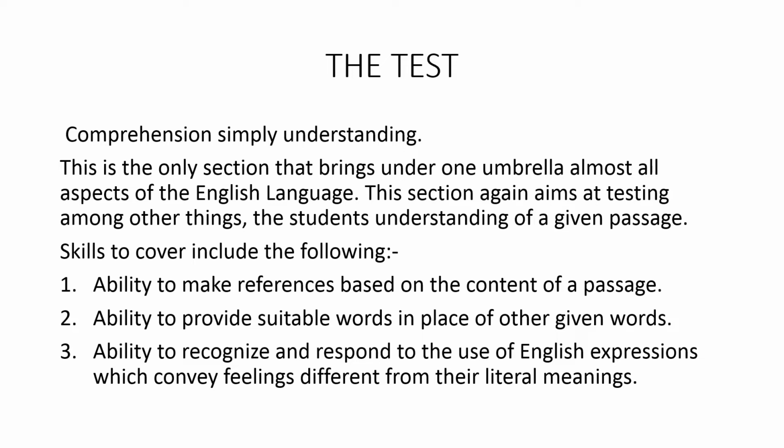Then the ability to recognize and respond to the use of English expressions which convey feelings different from their literal meanings. At times you can be asked a question that needs a different meaning, and there's the need for you to be able to make inference. You look at the passage, you look at the sentence,